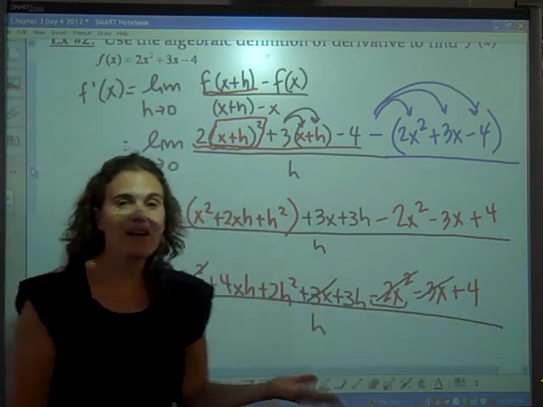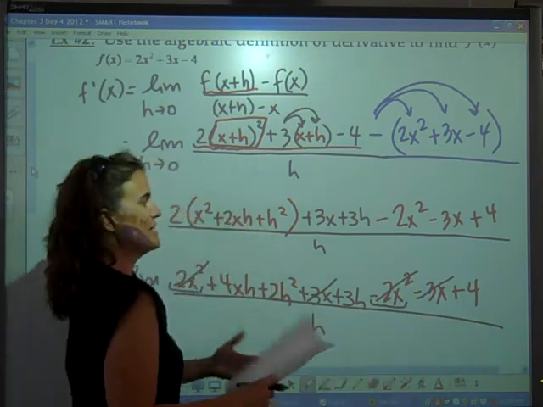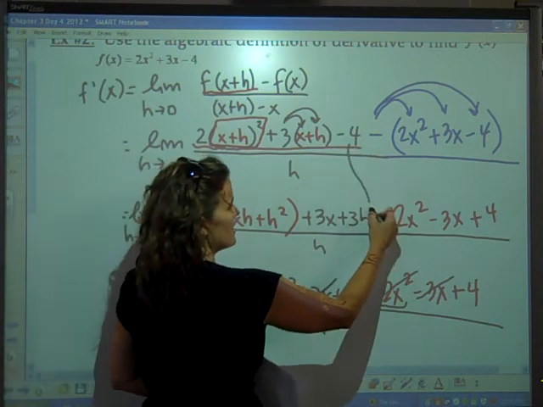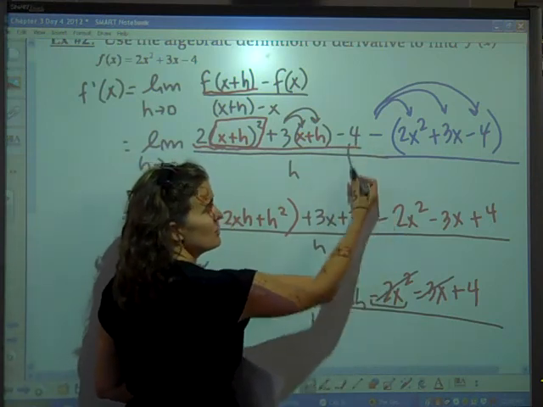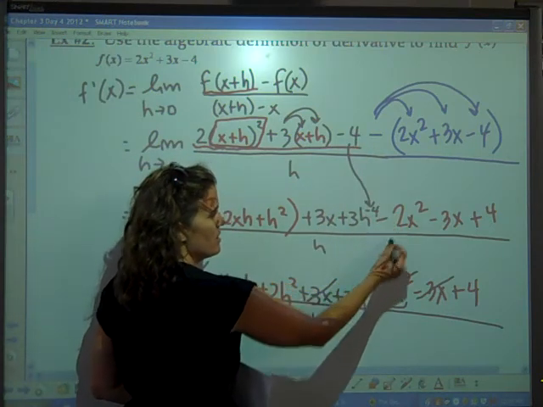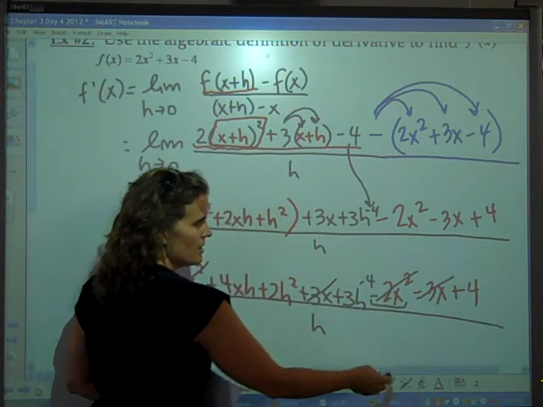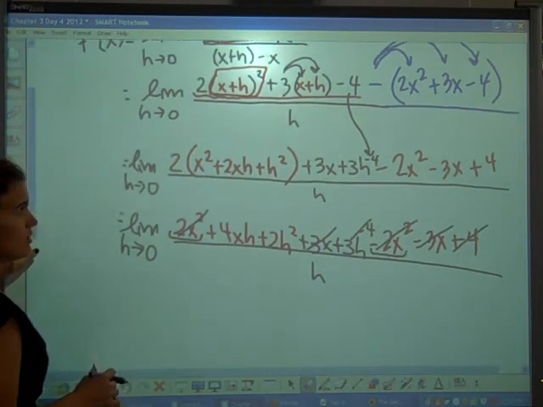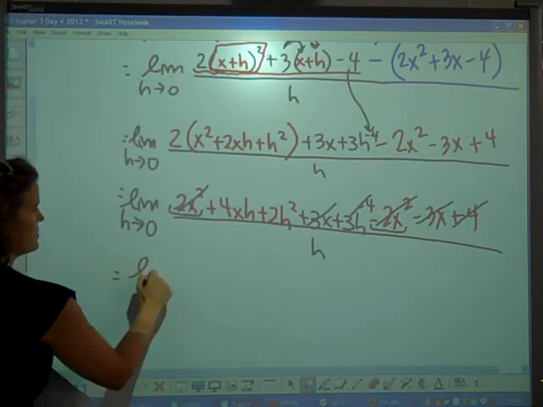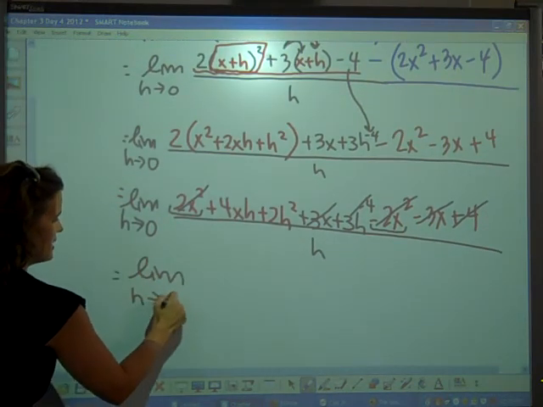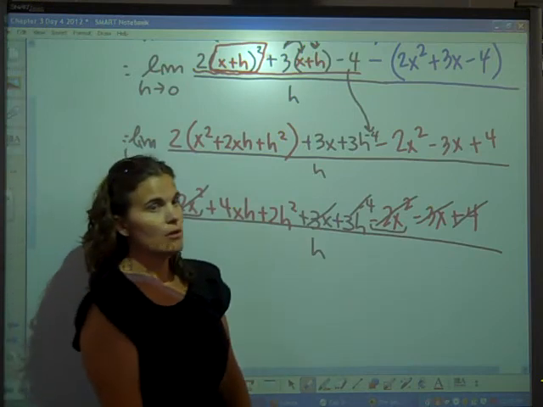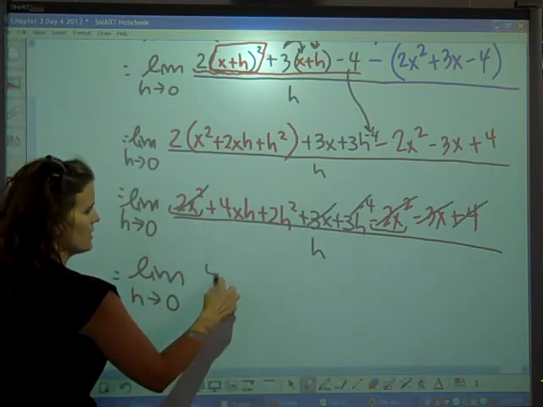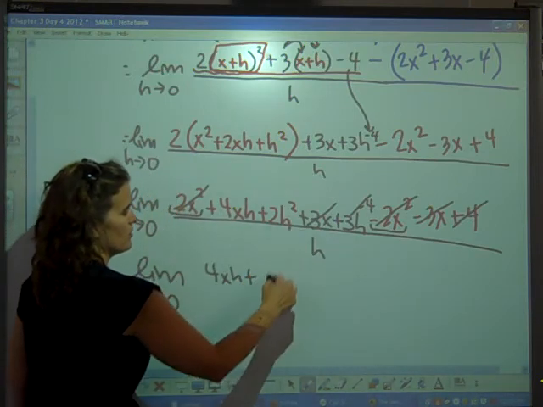Okay, and maybe I meant to do that mistake because that's going to happen sometimes. These problems do get really long. Try not to lose values. So that was a minus 4 in there. So in here, this should have been a minus 4. And there's the plus 4 and the minus 4 would cancel. Okay. So use that to your advantage if possible. Remember that every term without an h should indeed cancel. Okay. So now I'm left with 4xh plus 2h squared